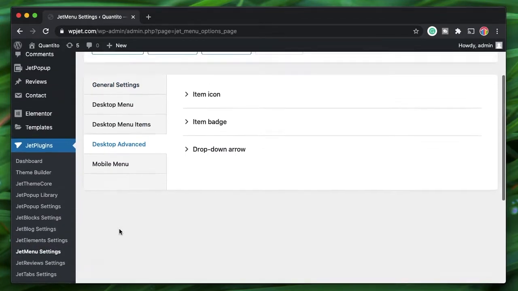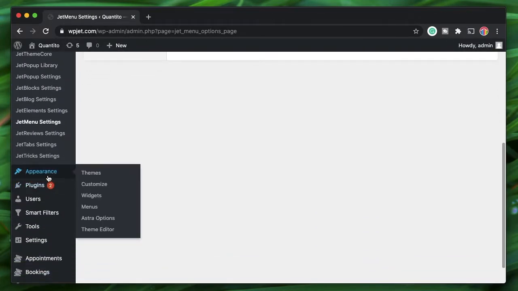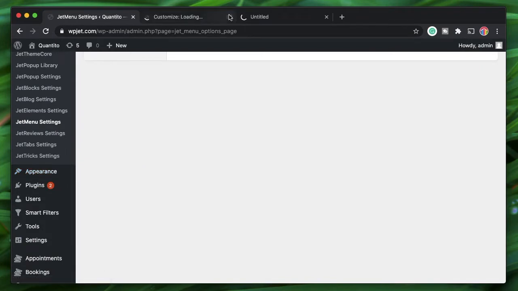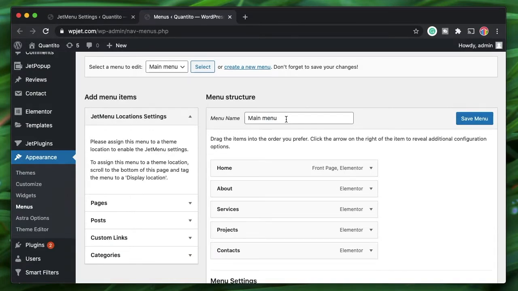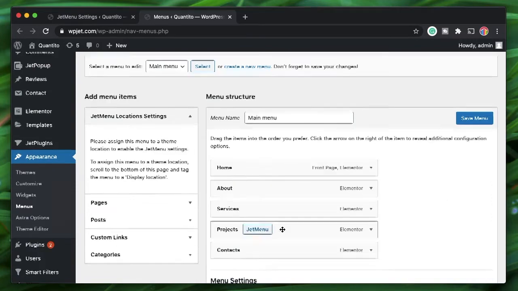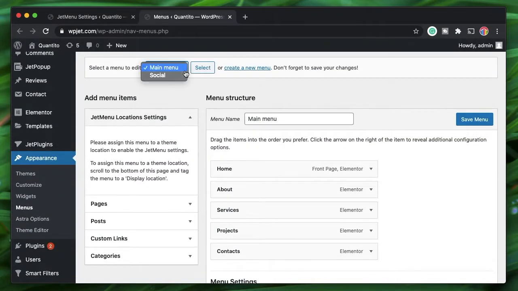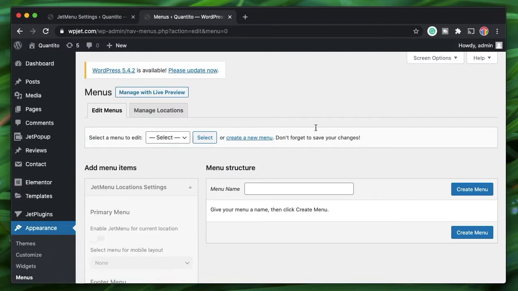Once you are done with the customization, which is under Jet Menu settings, now is the time to build the actual menu. What I really like about this plugin is that it lets you build your menus with existing WordPress menus. So you don't have to create each and every menu from scratch. If you have a WordPress menu, you can simply convert it directly into a mega menu. That's really cool. I have a few menus over here, and you can pick any menu in WordPress by clicking on this drop down.